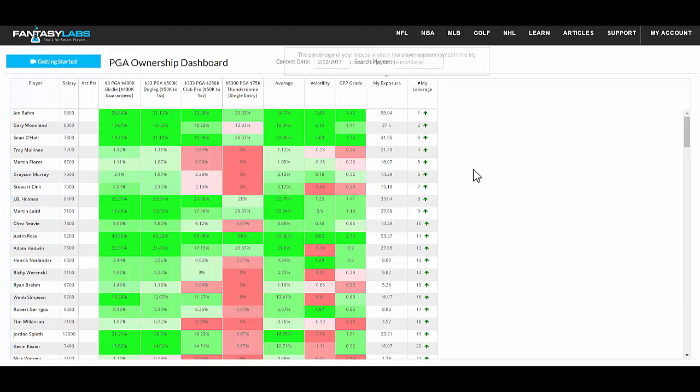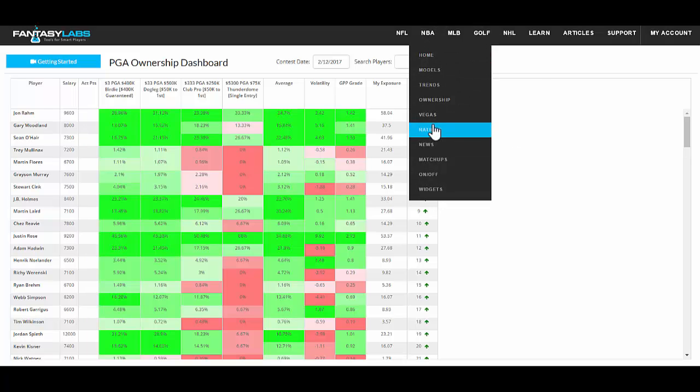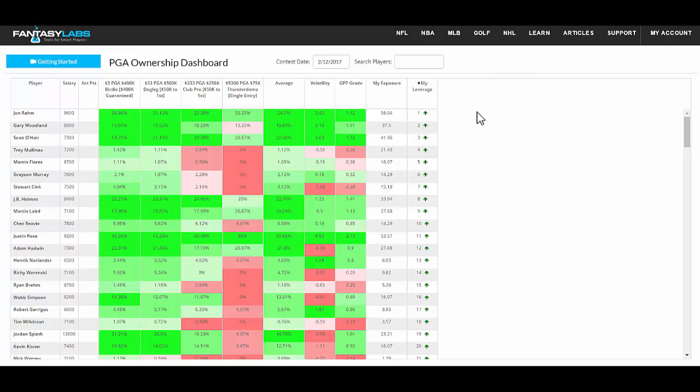So yeah, I think that there's a lot of uses that can come out of this. Definitely use it to assess your play, use it to have better sweats. You can come on here right after, as long as you made your lineups on Fantasy Labs, come onto the page right after lineup start, which I've been doing since we've built this page, and see which players are the highest leverage for you, the guys that are most important, that really are going to be the key to your success in that slate. You can instantly analyze if they were sharp plays or not,